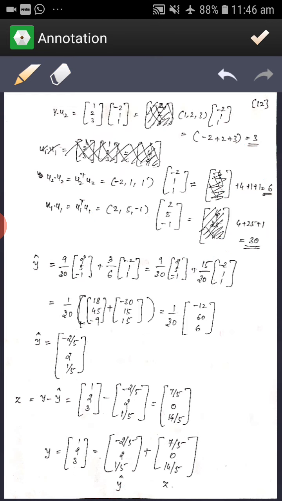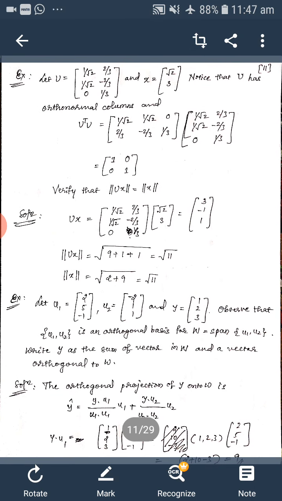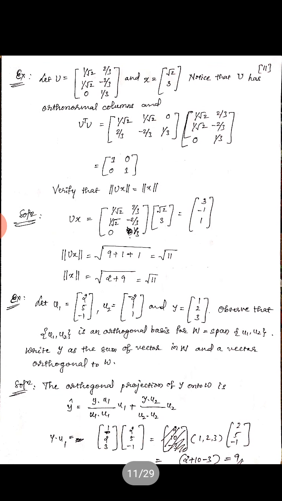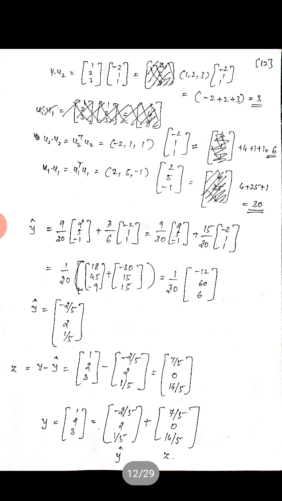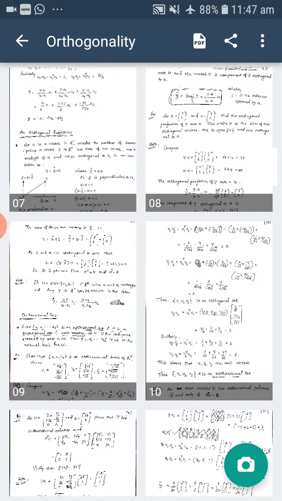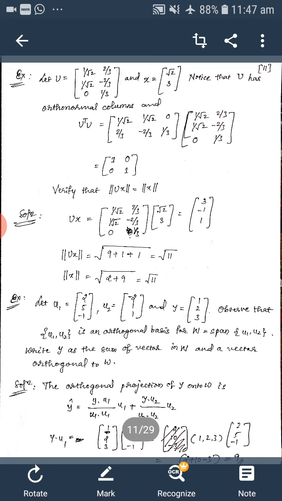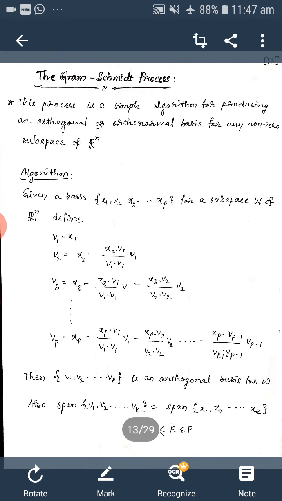So what we are doing here is checking the projection of y on W, that is, on both the vectors. We need to apply the formula, as we have discussed here. After applying it, we need to calculate the individual components. Once you calculate y cap, we then need to verify whether y is equal to y cap plus z, whether it is meeting or not.